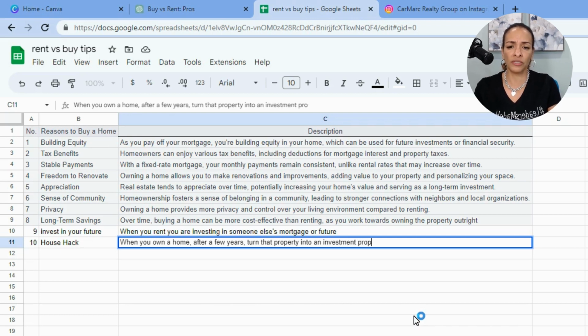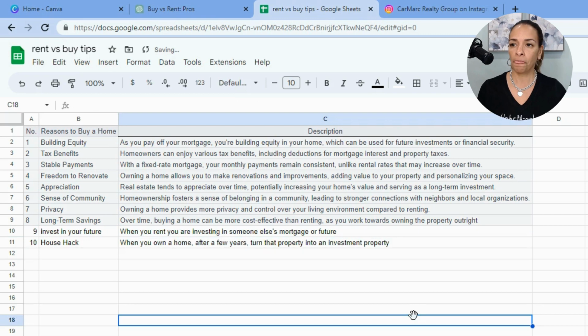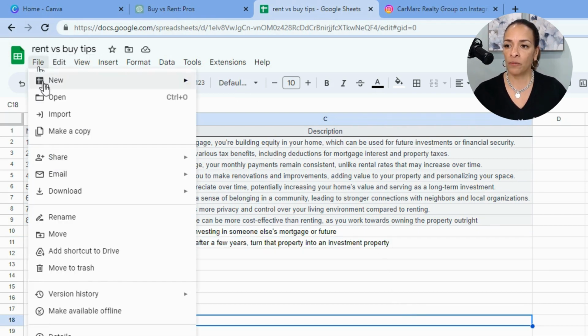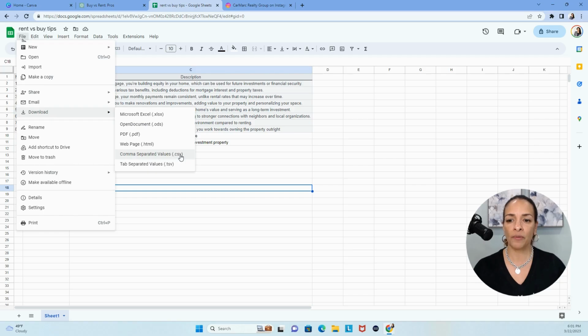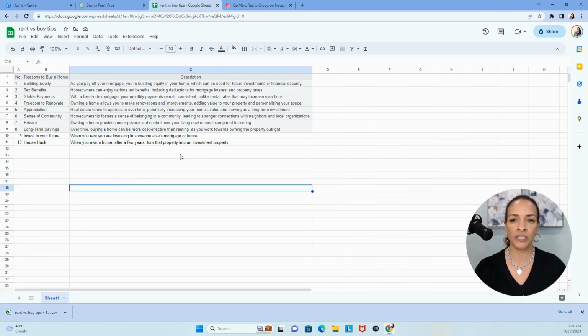You could say as a rental unit, it could be an Airbnb, whatever your loan allows. And now that you have the list, this is what you're going to do. So we named it rent versus buy. Then you hit file, and then we're going to download it as comma separated value. That's simple. We're done. Then we hop back over to Canva, and you can choose to create just a simple